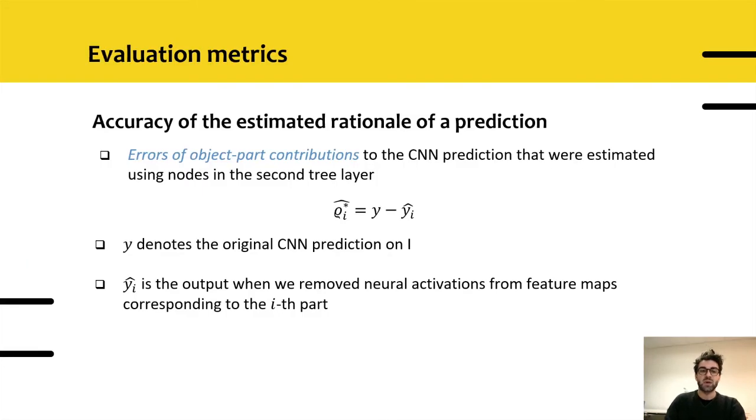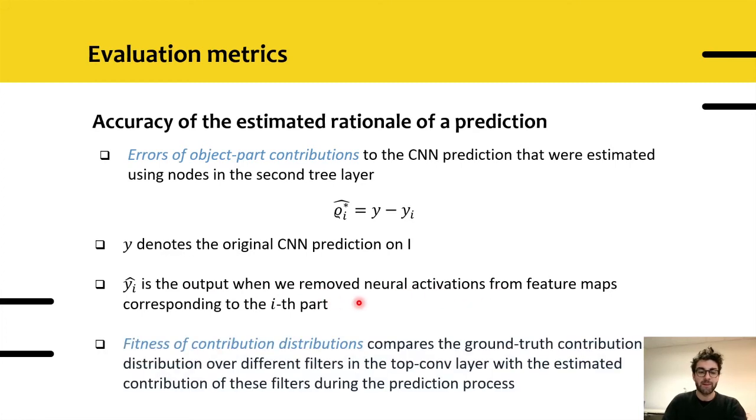The first metric is about the accuracy of the estimated rationale of the prediction, which is the error of object part contribution to the CNN prediction. This is given by this formula, y minus y_i hat. Y denotes the original CNN prediction. Instead, y_i hat is the output when we remove the neural activations from the feature maps corresponding to the ith